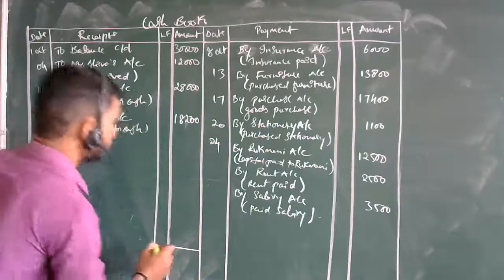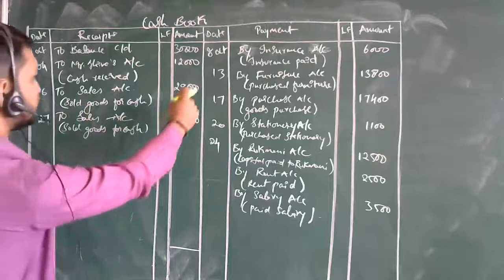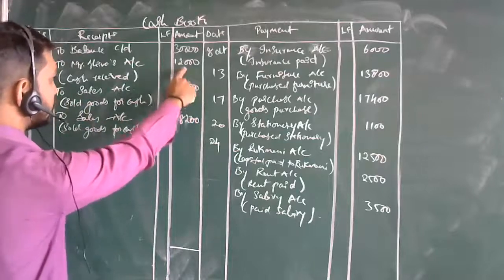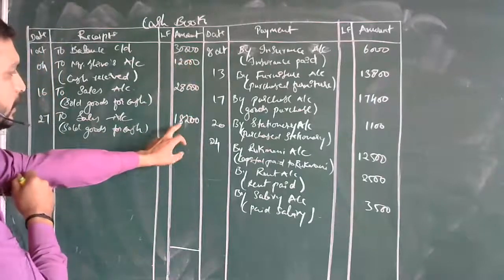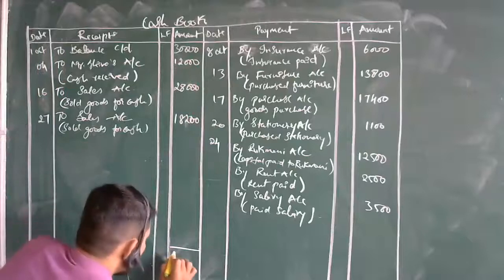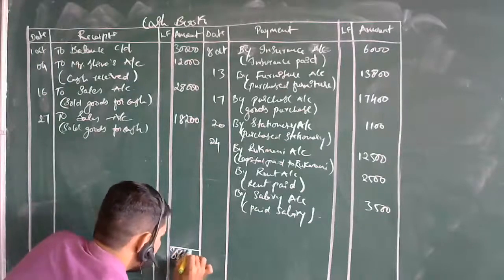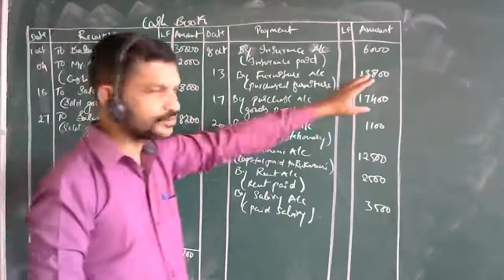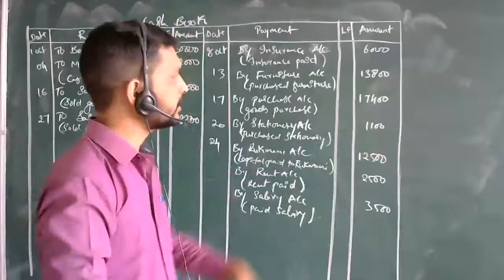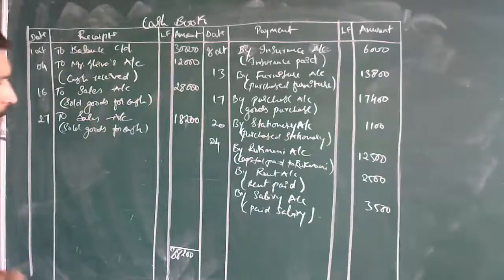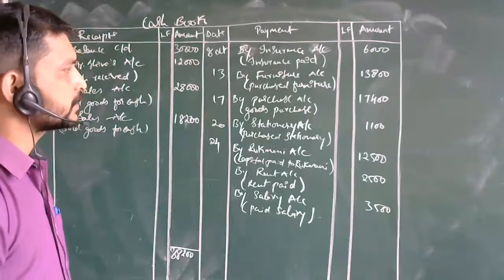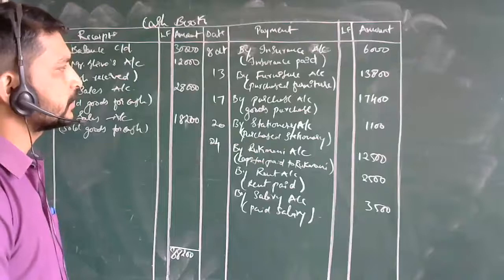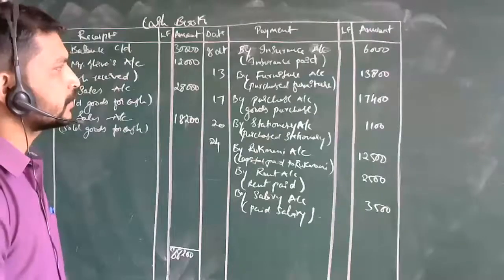How much? 88,200. You can go through it: 28, 30, 40. 40 plus 30, 70. 70, 80, 88,200. 88,200 will be the value. Now obviously these values are very few. So what will be the values over here if you calculate? Check it out. 4, 5, 6, 18,500, 19,600, 20, 37.